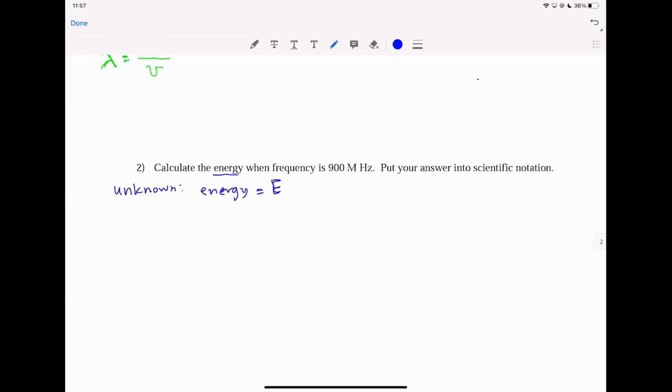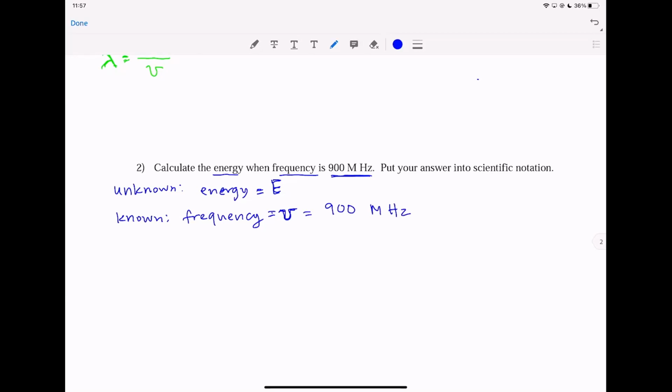looking for an equation. So then reading this, it says when frequency is 900 MHz. This is known information when they give you the number and they tell you that it's frequency. But again, you want the symbol for frequency, not the word. So you want to write that cursive nu. Okay, so that's new, the symbol for frequency. And then what it is equal to, which is 900